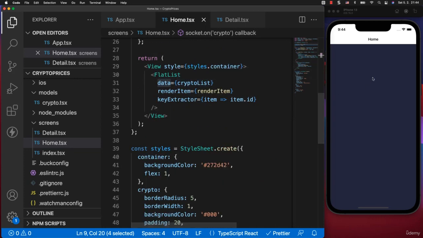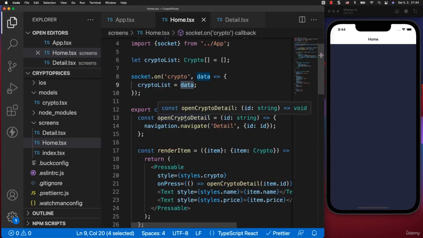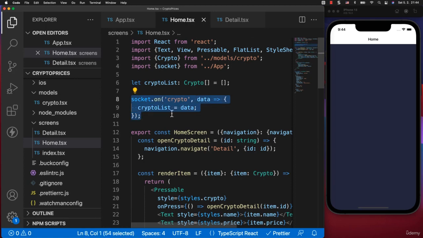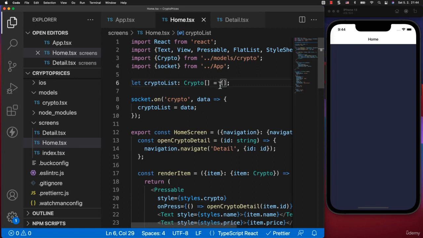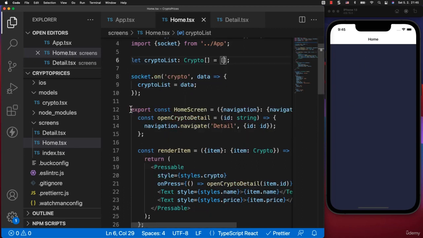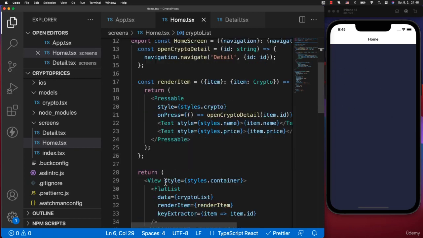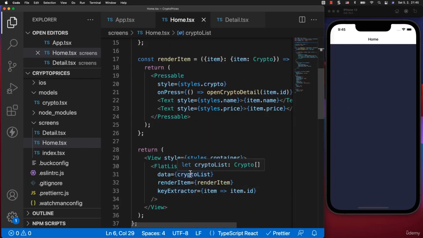So I say this crypto list is equal to data and use it here. But we don't see anything. We don't see any data. This is because React Native renders the screen based on something called the state. Sometimes there is a delay from this socket. So when the application is loaded, this is initialized and then directly this flat list is rendered here. As you see, the initialization is an empty array, and it happened one time. So the screen is not getting updated and the flat list is not listening anymore to the changes of the